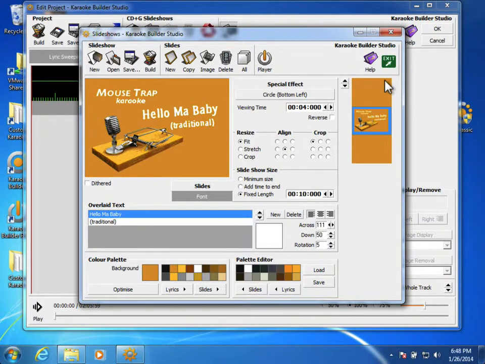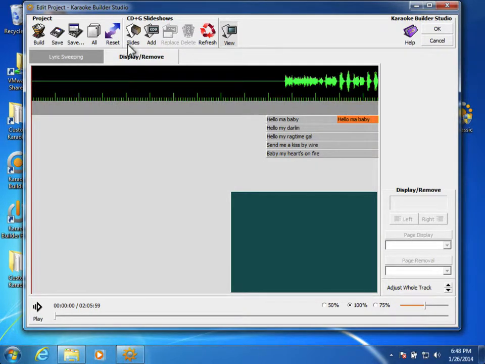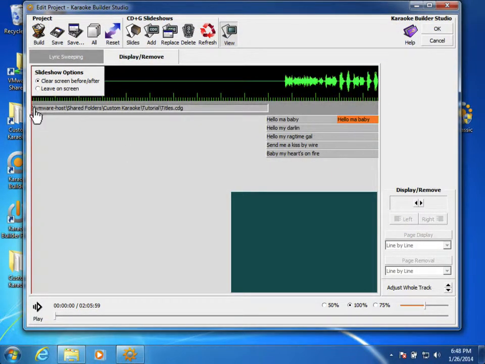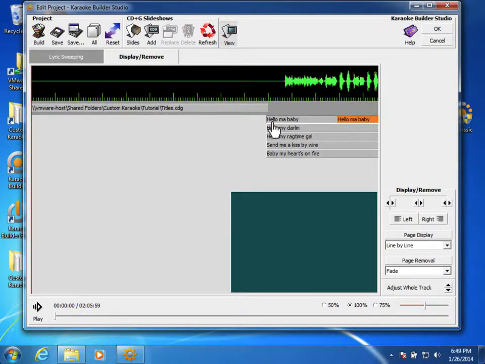So we can actually build our title track here in the same step where we place it, but in our case we've already got one made, so we don't need to create a new slideshow. We need to go ahead and just add the slideshow in. So we'll add our title slideshow, and you can see right here that it shows it. It's going to go up to 10 seconds on showing that title slideshow, and then from there it's going to start showing